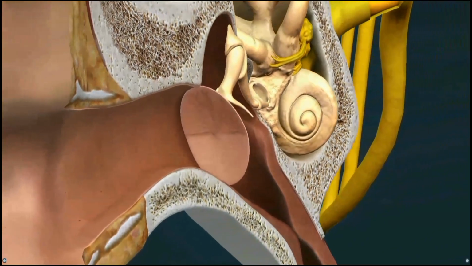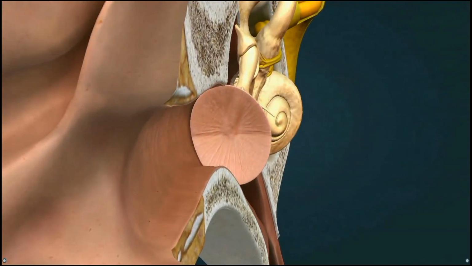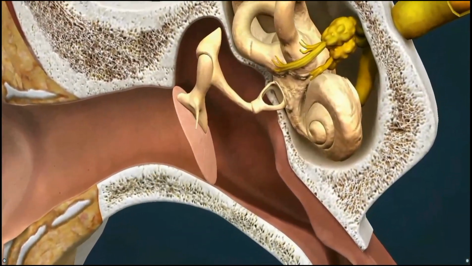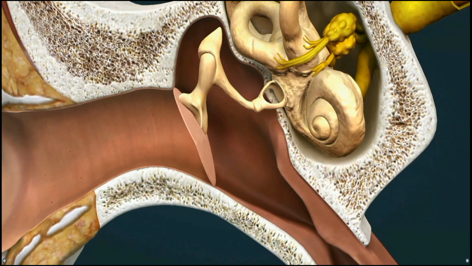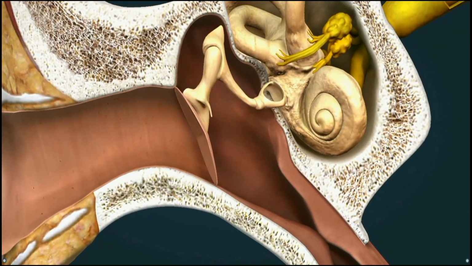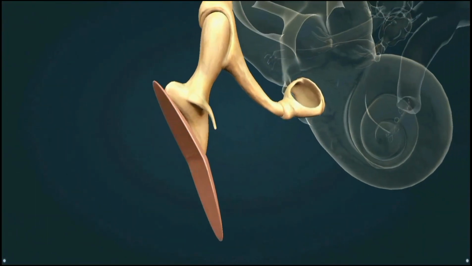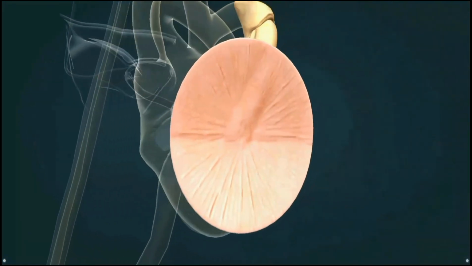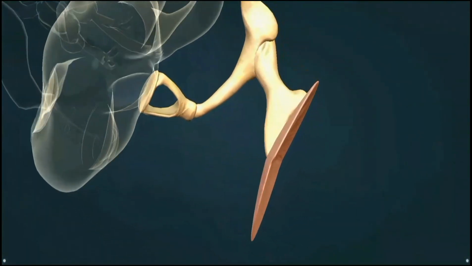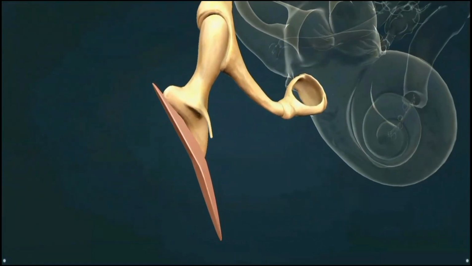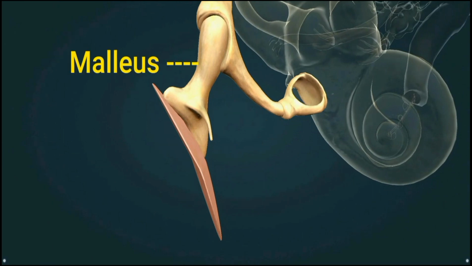So you can see like this, and when you view it from the external acoustic meatus, you can see the tympanic membrane. So in clinical examination, you will see only tympanic membrane lying obliquely at 40 degrees with the floor of the external acoustic meatus, and tympanic membrane is the only part of the middle ear visible by clinical examination that you see here. And when you see the tympanic membrane, it is convex medially and concave laterally, and it has two folds, and a middle bulged convex portion is called as umbo, where the handle of malleus is attached.